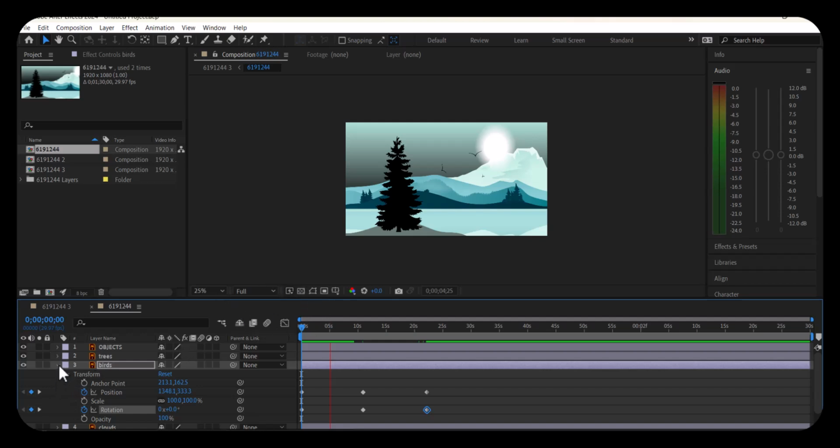So once you finish that, we can use what is called the puppet tool. Little pen tool right here, and we are going to apply it to the tree layer. And from here, what we're going to do is we're going to make a point at the bottom and a point at the top. And then you are going to go